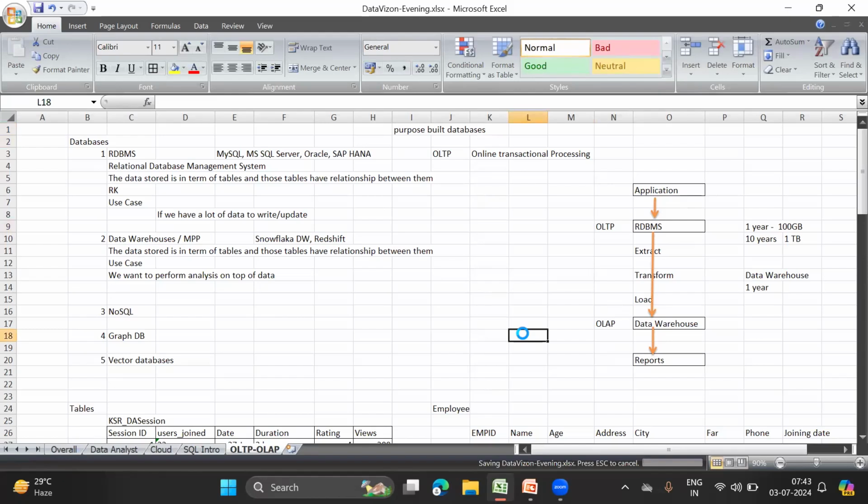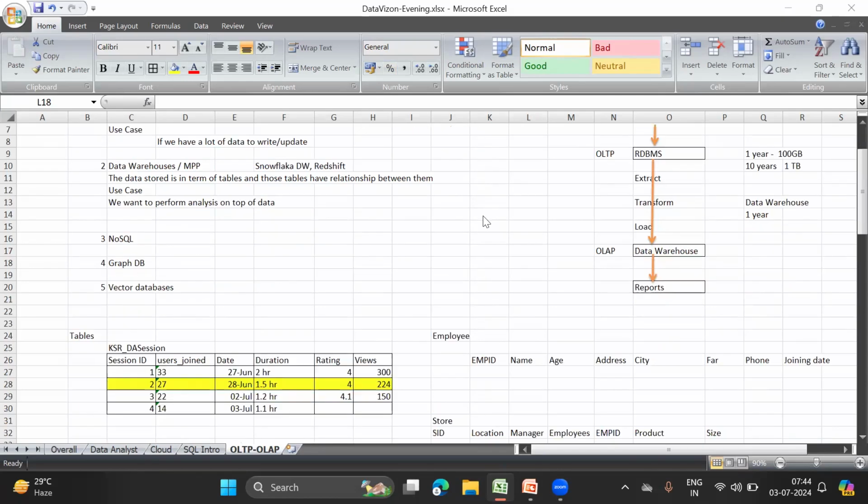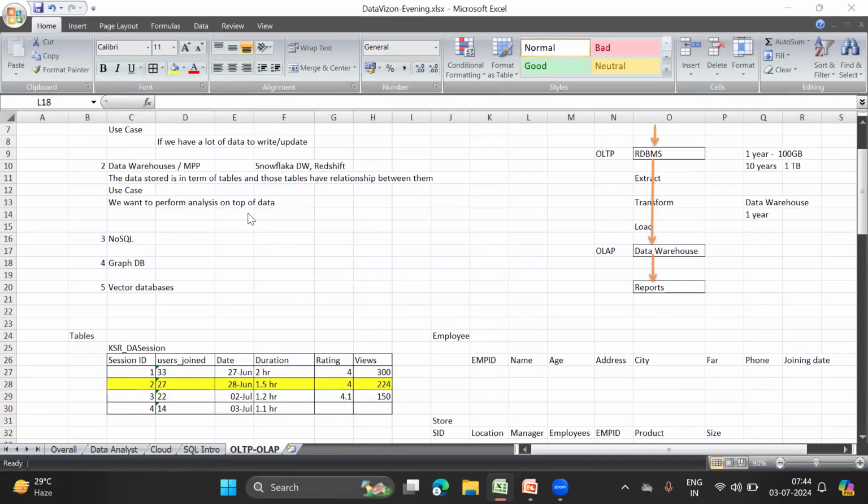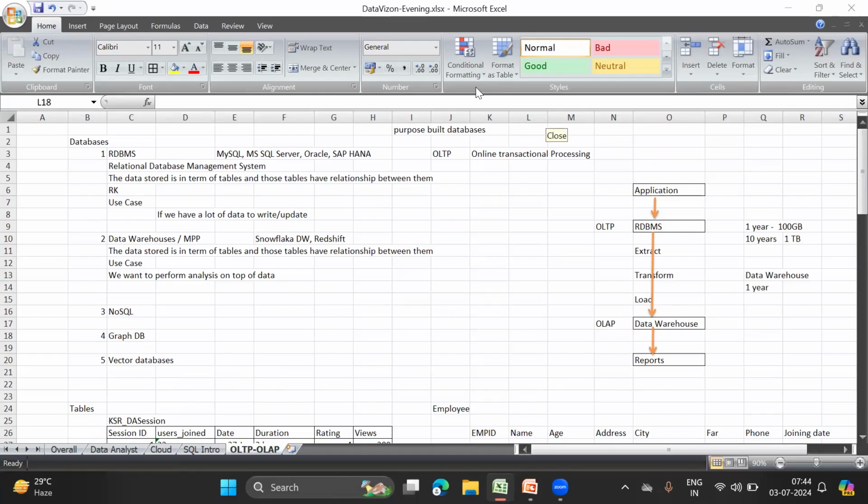Okay, so that is it for today. Any questions? Are we all good? Are we on the same page? So tomorrow we will actually install MySQL on our system, and then we will see all these things practically. How to create a table, creating columns, adding new rows, and all these things we will see one by one. Okay then. Thank you so much.